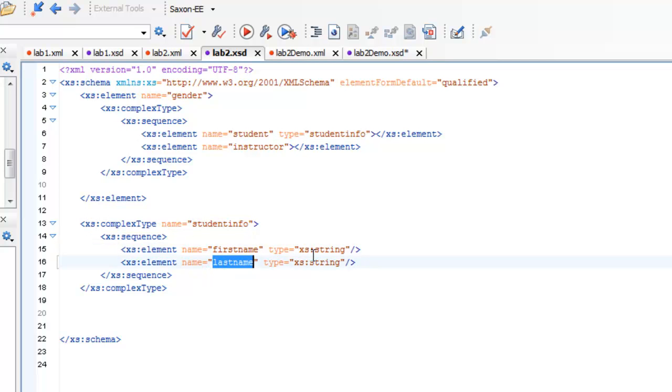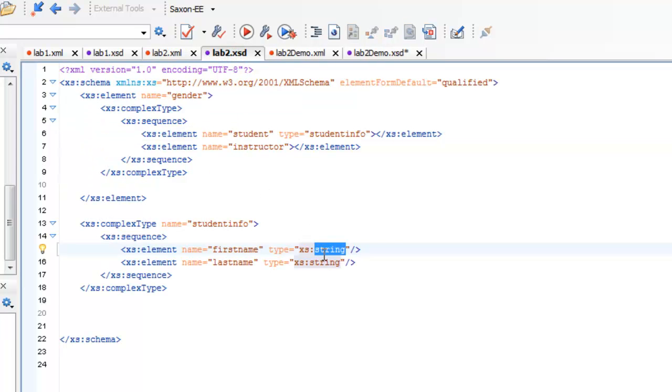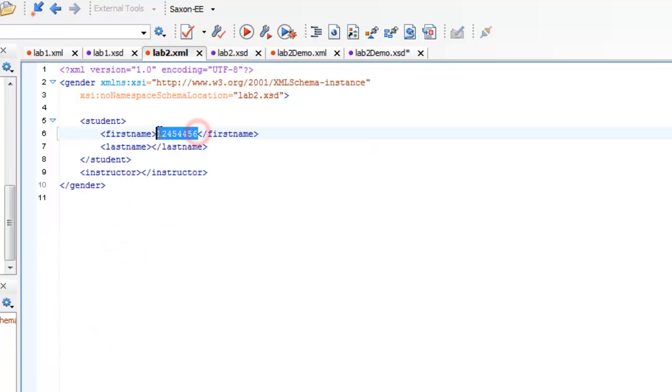And both of them, the data type is a string. So if I come here and try to add a number for the student name, then save and validate, it's working because XML is considering the number here as text. But if I change the string of the first name to integer, then save, come to my XML, change the number to Nasser, for example, and